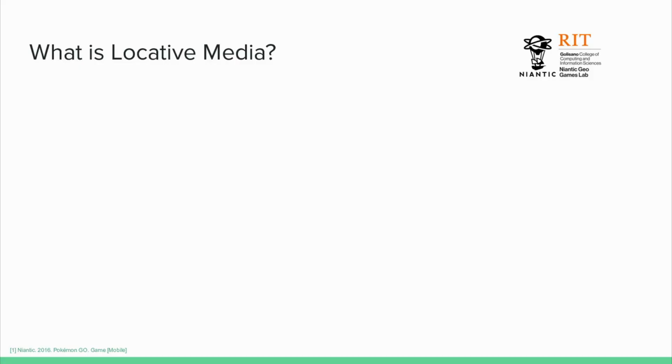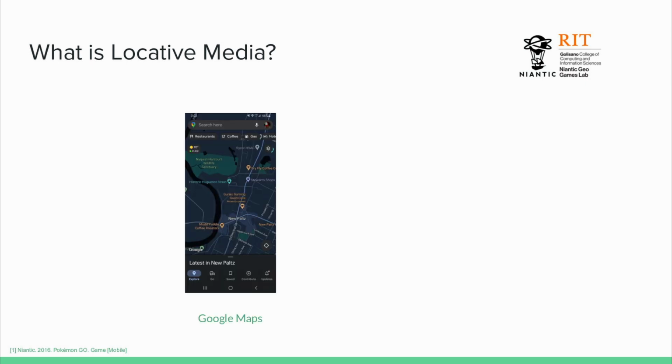So first things first, what is locative media? It's best described as the imposition of intangible worlds onto the physical one. So it's like a form of augmented reality. Technically, a paper map is in itself locative media, but we're going to be a little more specific in this definition and target the imposition of digital worlds onto physical reality. Probably one of the ones that most people have actually encountered is Google Maps.